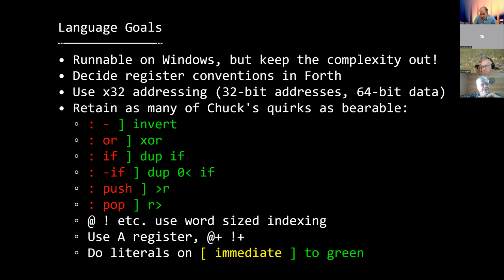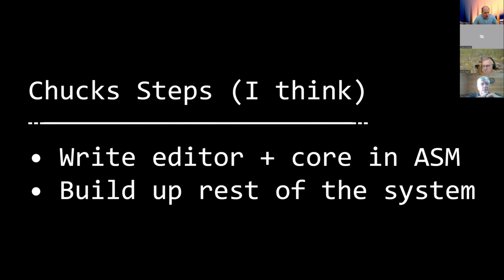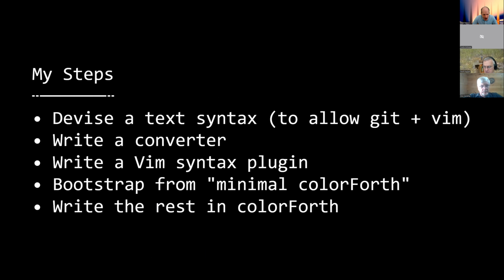And I haven't implemented this yet, but the transition from immediate to green being compiling a literal. So when Chuck has bootstrap Forths, I have the sense that his steps are he writes the editor and the core in ASM and then sort of builds up the rest of the system. I haven't quite done that, and I don't know if it speaks to my